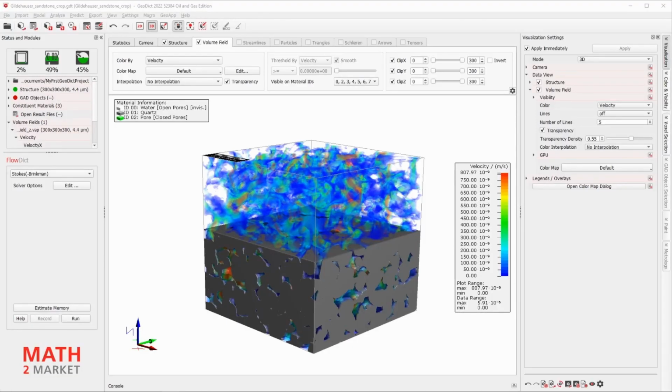We will start with performing a mercury intrusion capillary pressure simulation. Go back into your GeoDict and discard your volume fields first.